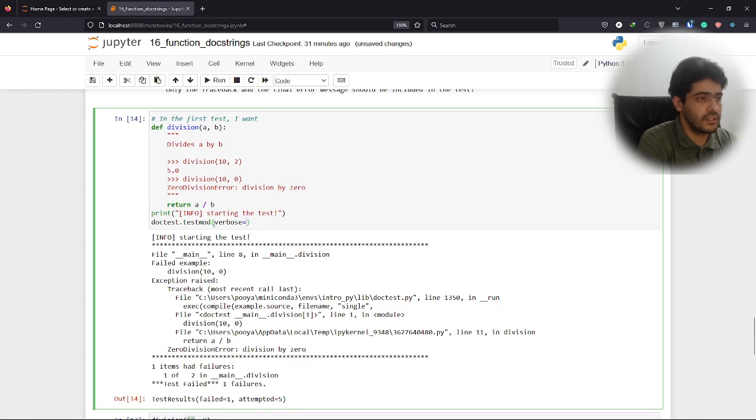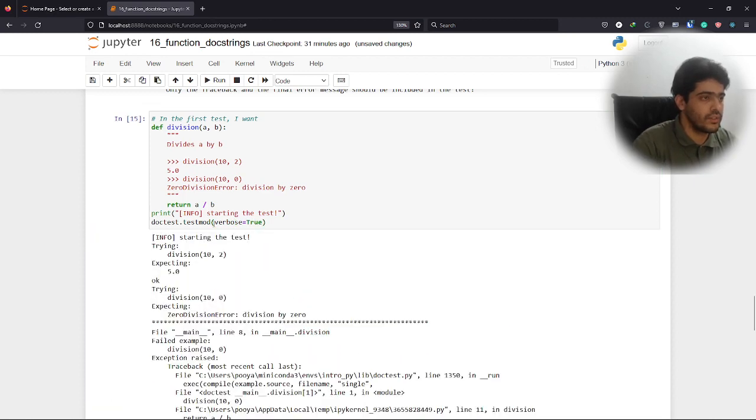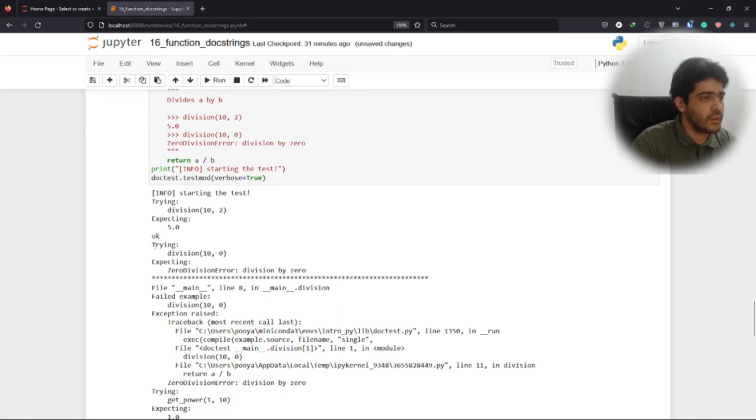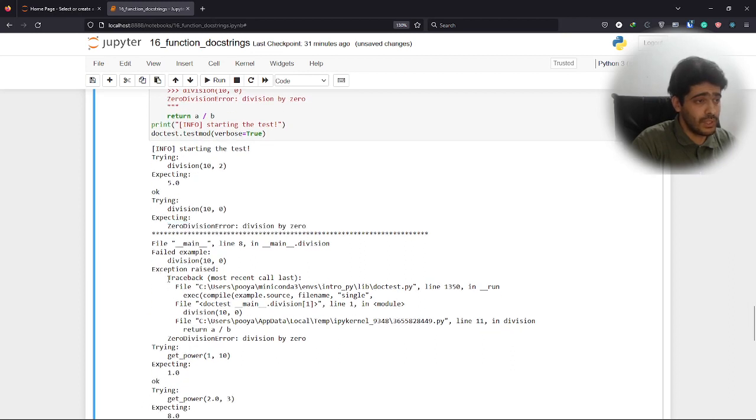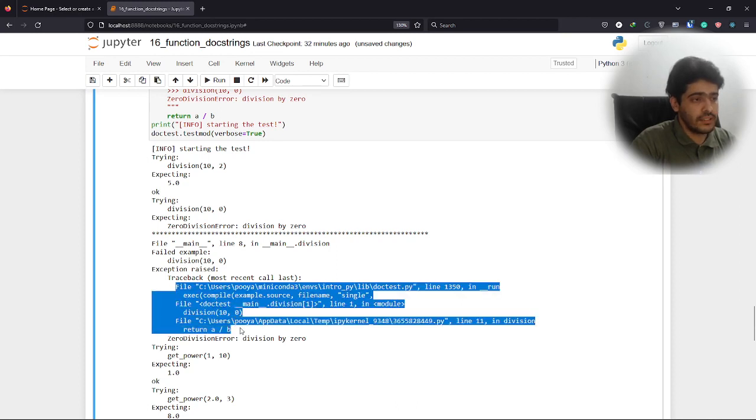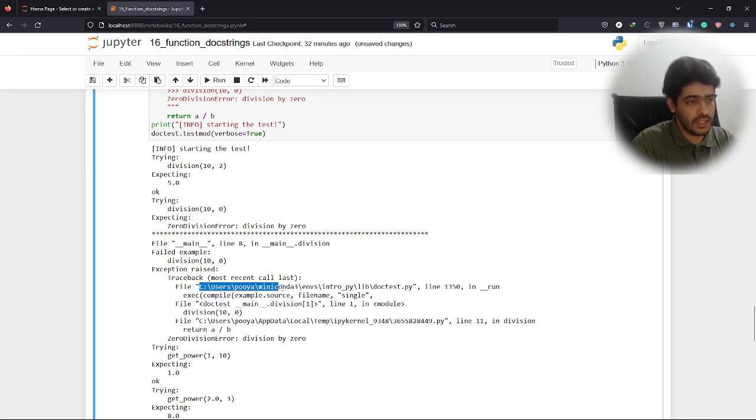For example, let me set verbose to true. Okay, here it says trying division 10 by 0, and this is what you expected, but this is what really happened, okay? But we don't need to add this part, because the docstring test understands this section depends